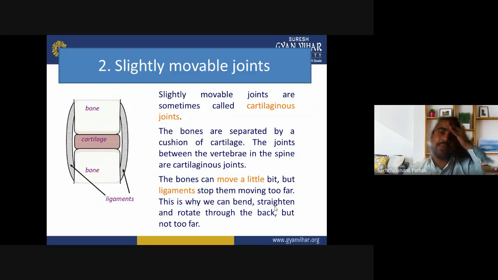Now, in the slightly movable joint, you can see the structure here. There is bone, cartilage, and bone. For example, these are the vertebrae, and they make the vertebral column. Between them there is cartilage, and surrounding them there is a ligament. So we know the function of ligaments. Ligaments attach bone to bone. जो बोन से बोन को जोड़ती है वो लिगामेंट, ठीक है, और जो मसल्स को बोन से जोड़ती है वो